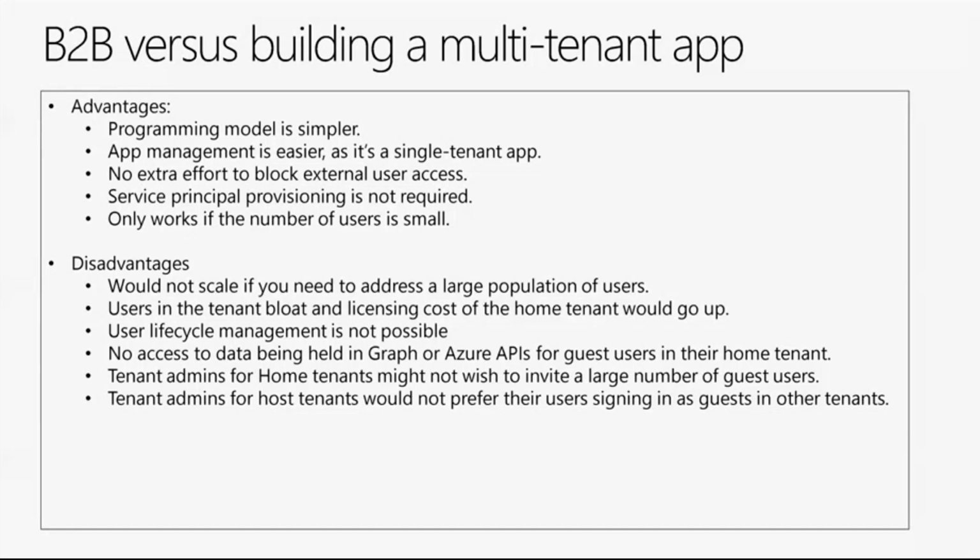Similarly, if a user leaves their home tenant, or let's say an employee leaves the job and their user account is disabled or deleted, B2B instances or the guest user instances of those users are not propagated to your tenant. Similarly, if you want to access data for a user in an organization using an API like Microsoft Graph, in the case of B2B users, you will not be able to get an access token in the user's home tenant's context. You will always get an access token for your tenant's context, and sometimes that leads to some problems that are not clear till quite late.